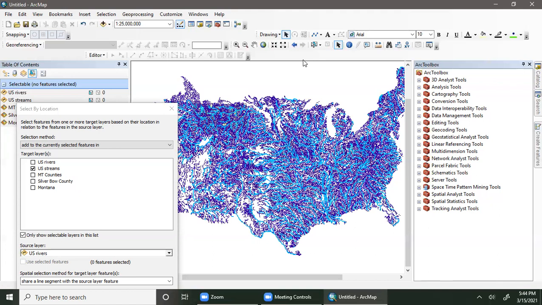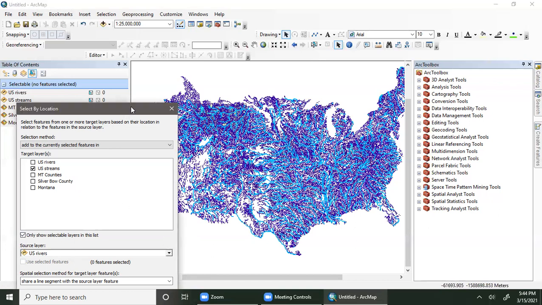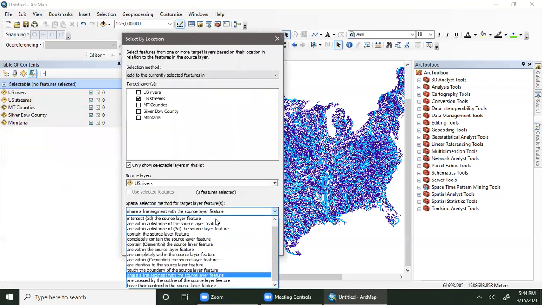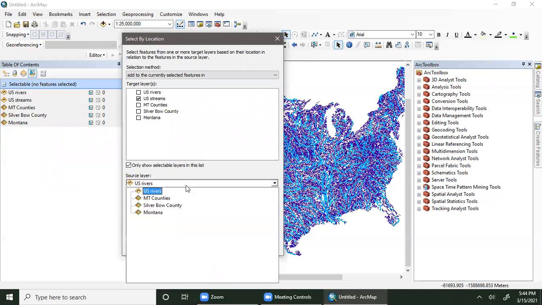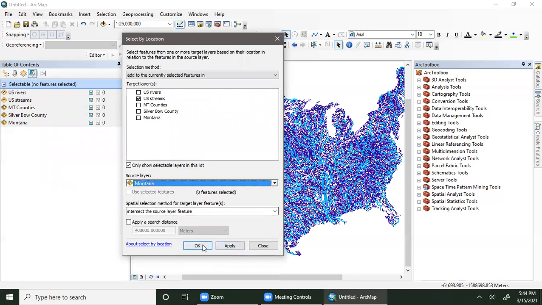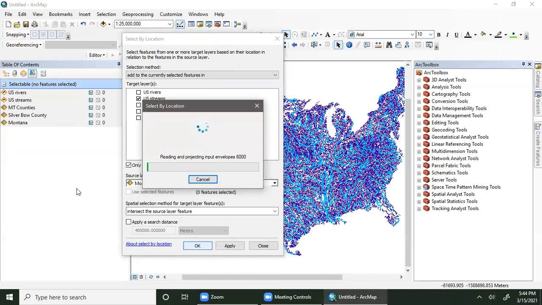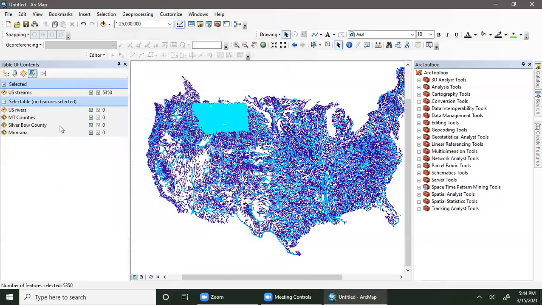Select features from US streams that intersect the source layer of Montana. We're back to that